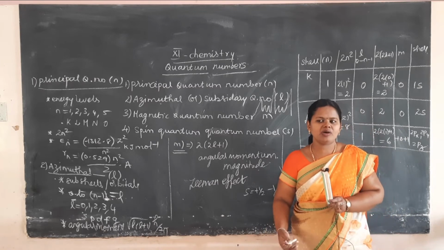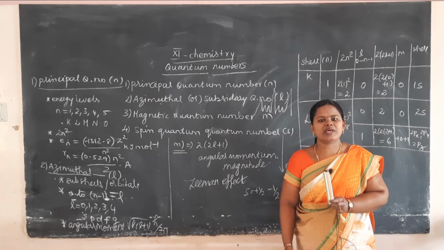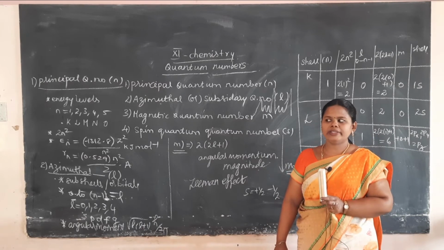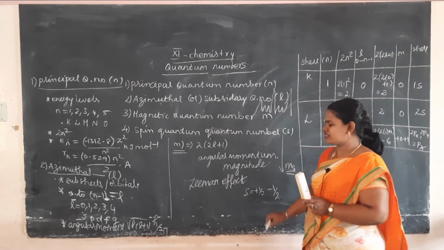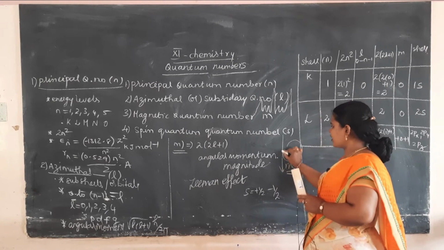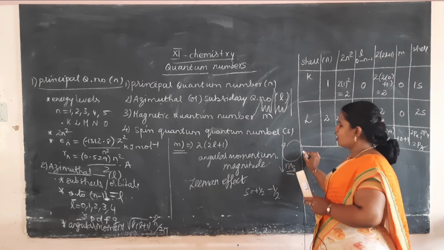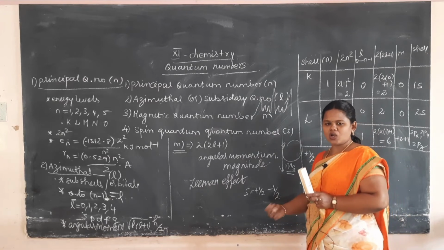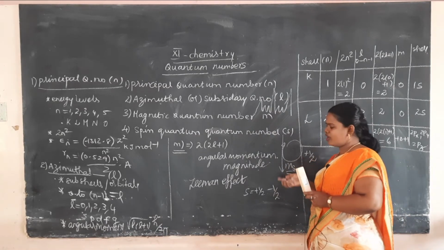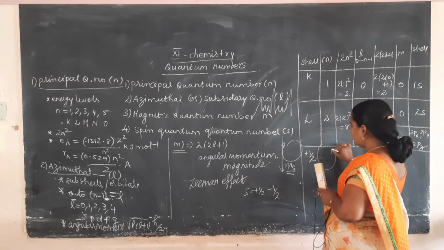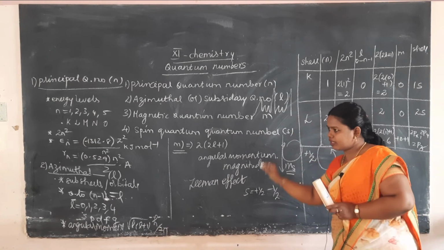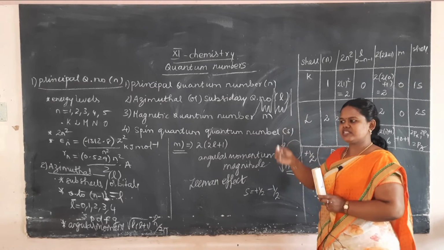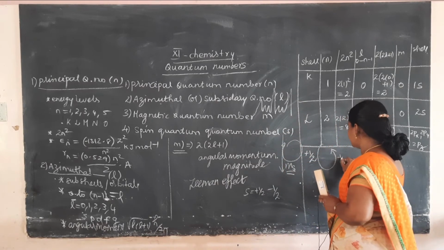அது நம்ம எப்படி படிக்கலாம் அப்படின்னா magnetic fieldல how this electron is present. So அதை வச்சு நம்ம சொல்லலாம். Okay, and when the electron spins in the clockwise direction, it will have plus half spin. So when an electron spins in the clockwise direction, it is plus half spin. When an electron spins in the anti-clockwise direction, it is minus half.